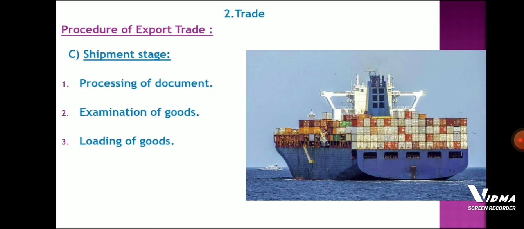Students, we are in the third stage of export processing, that is the shipment stage. All documents are ready and goods are also ready for shipment. In this stage, there are three steps. We will see the first step, that is processing of documents. In this step, the exporter prepares the shipping bill. It is the main document on the basis of which the customs office gives the permission for export. So the shipping bill is a very important document, and it gets all the documents processed at